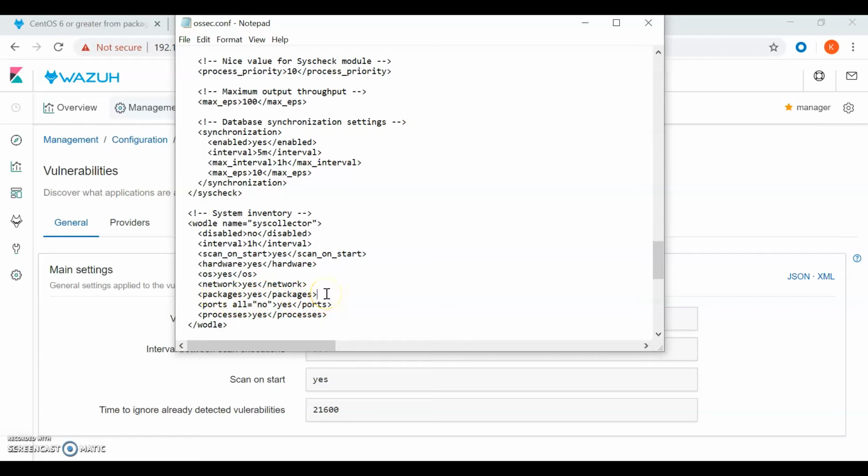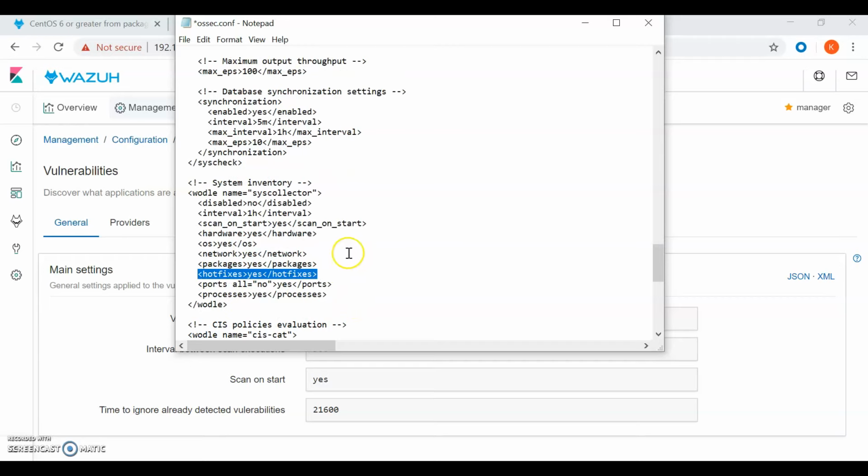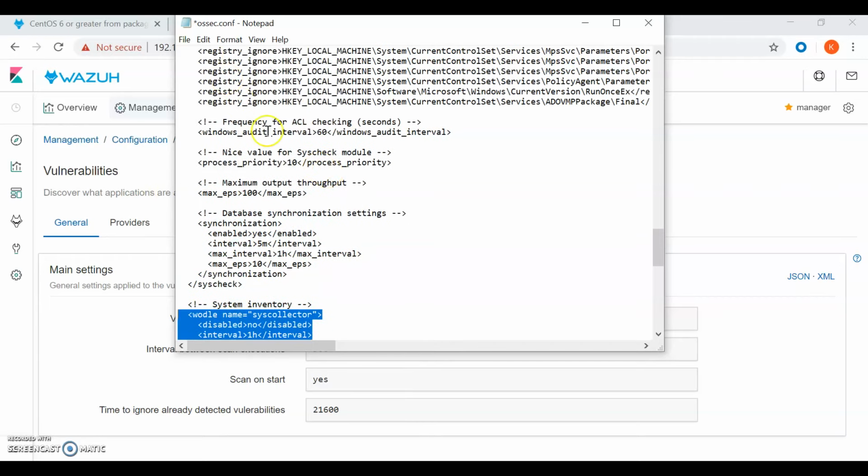We can also mention for Windows machine, we can check for hotfixes. So to check for hotfixes, you can add one more command, that is hotfixes, yes. Once we add these hotfixes, this will only work for Windows. It will check for all the patches, all the hotfixes which are installed in the Windows machine. Once you are done with the configuration, just click on save,